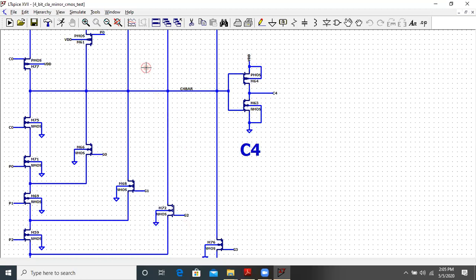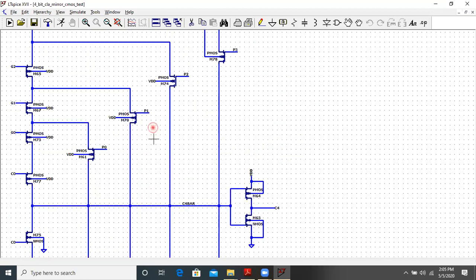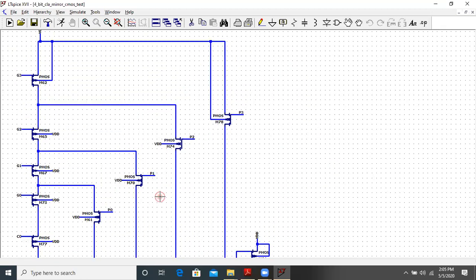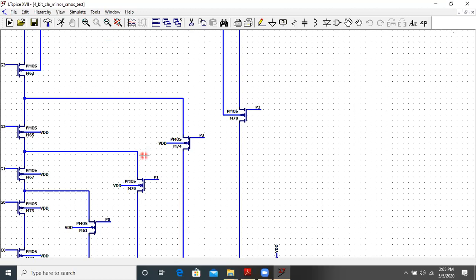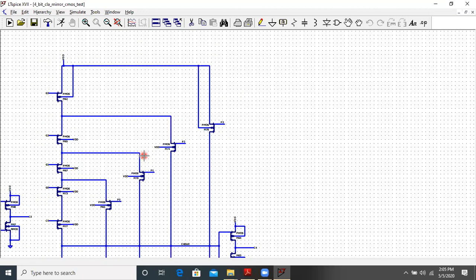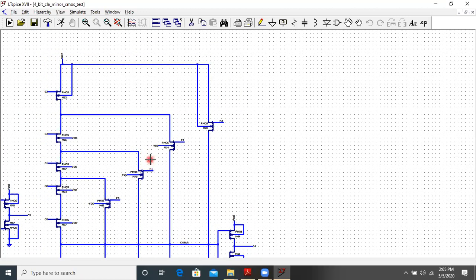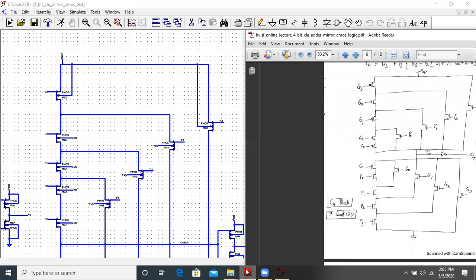And similarly we will check it for the pull up network. I guess I have to minimize this a little. So let me open the pull up network.